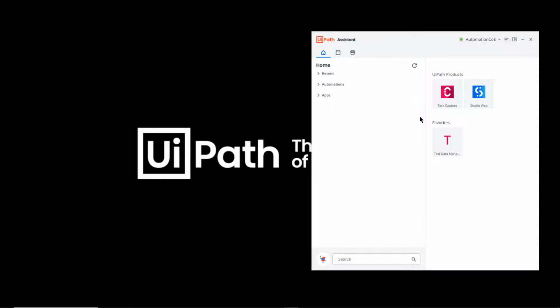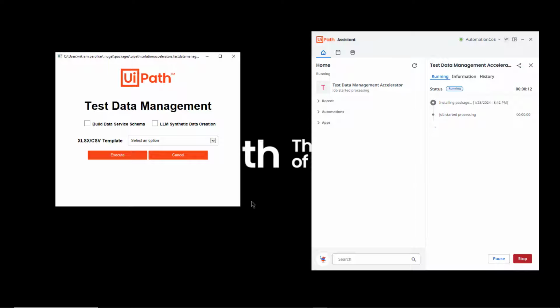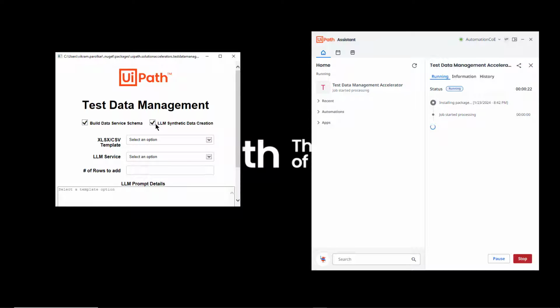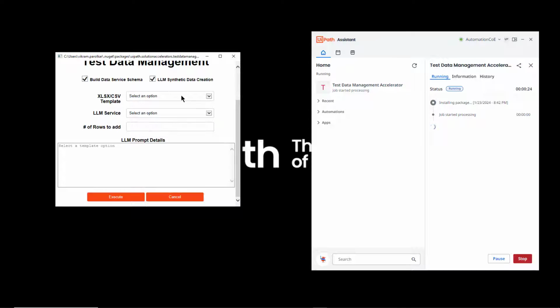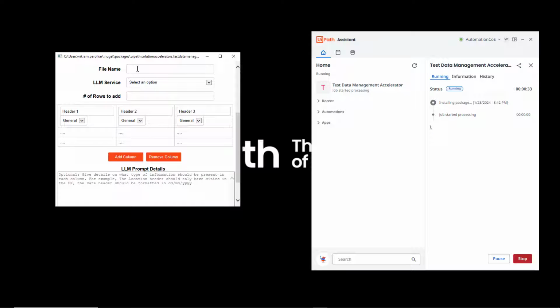As a tester or developer, anytime I want, I can simply trigger the automation. The automation will spin up a UiPath form. Here, I can choose to either build the Data Service schema or not, choose whether or not I want to do synthetic data creation with a large language model, and here I can select whether or not I want to add a template or if I don't have one. If I don't have one, I'll be prompted to enter the file name,